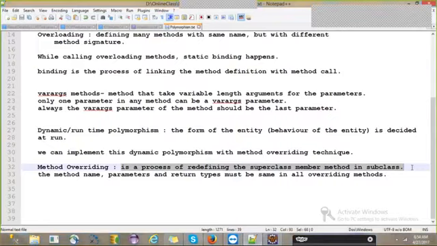So to do method overriding, inheritance is compulsory, and the superclass has some method; the method return type, method name, and parameters that we specify in the method definition, all together means the complete signature, should be the same in the parent class and child class, means superclass and subclass.